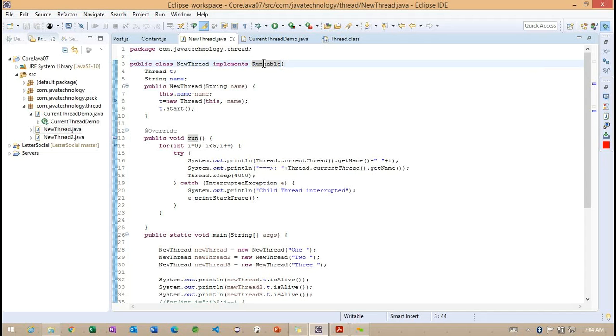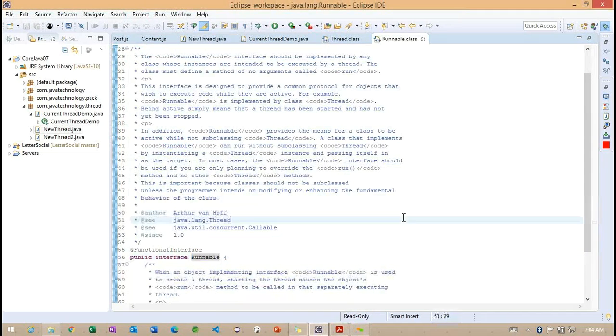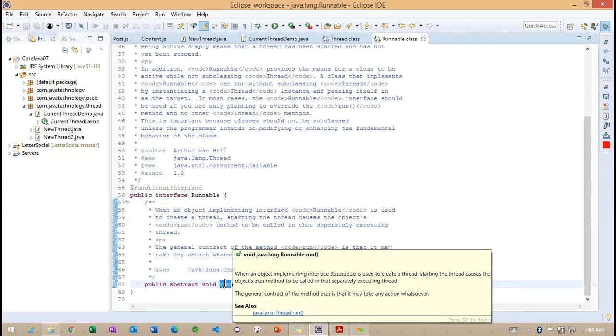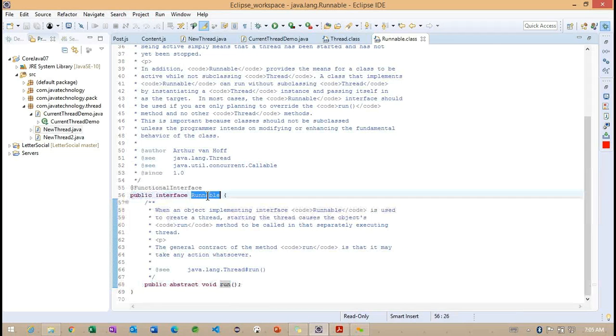We'll focus on this Runnable interface. Carefully observe what information we have inside this Runnable interface: only one method, the run method.